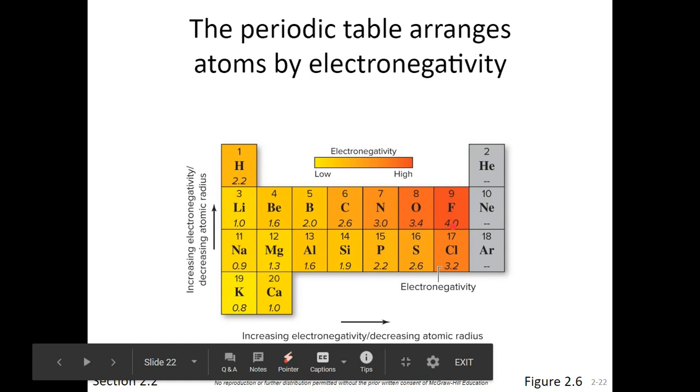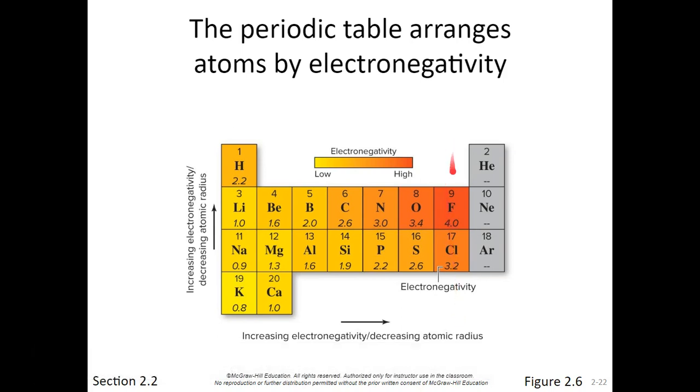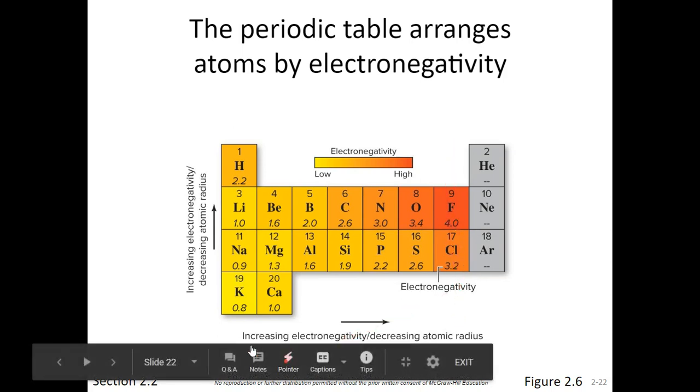So the highly electronegative elements are fluorine, chlorine, bromine, iodine. This group is highly electronegative. Which group is highly electropositive? This group. Lithium, sodium, potassium are very, very positive. So